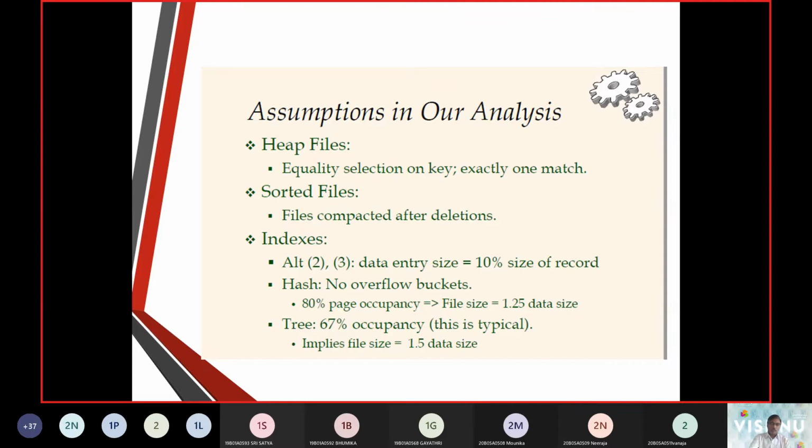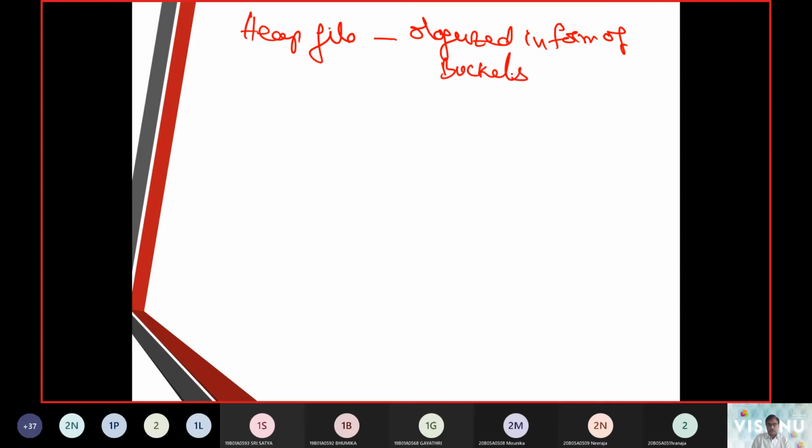So we talked about heap files. When we say it is a heap file, it is organized in the form of buckets. So 1, 2, 3, 4, 5, 6, 7, 8, 9.